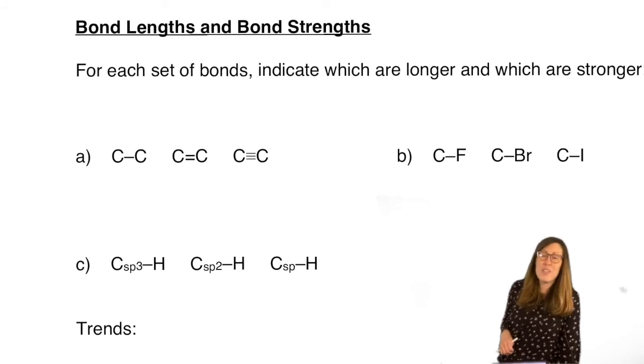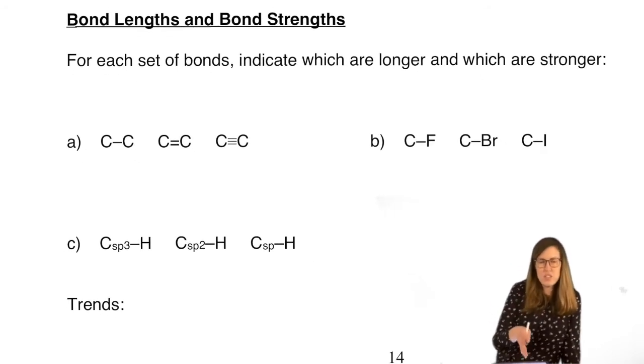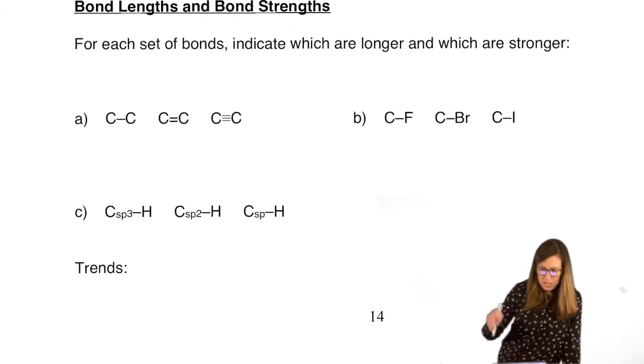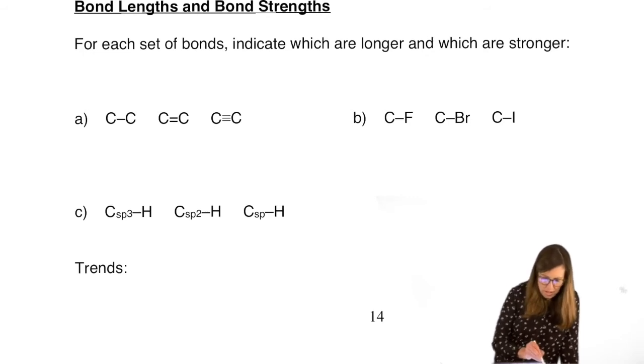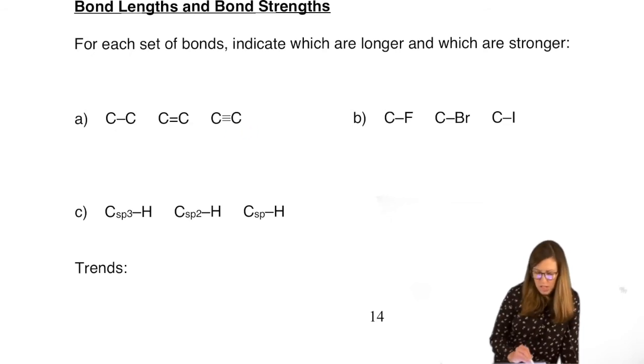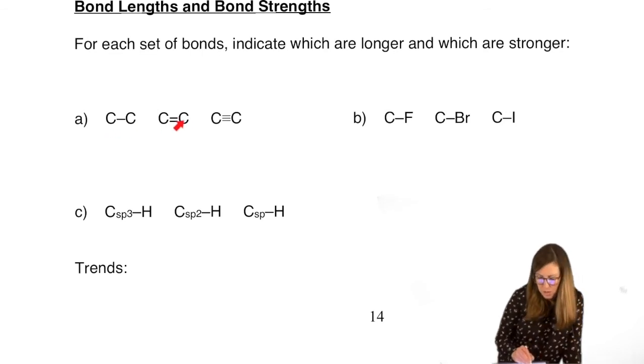We're going to end on a light note. I want to review the bond lengths and strengths. I think that last one was a light note because it's actually a fun, interesting concept. But this is simple because it's just a consequence of what's going on in terms of trends. So when we have a difference in hybridization, notice, let's write this down: single bond only versus a pi bond versus 2 pi bonds, the bond gets shorter.